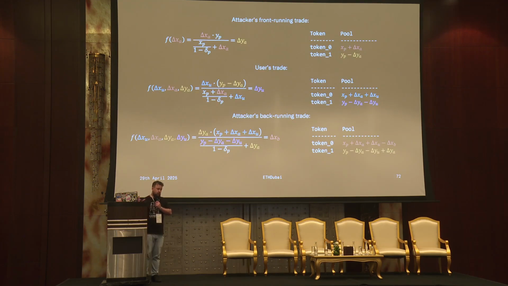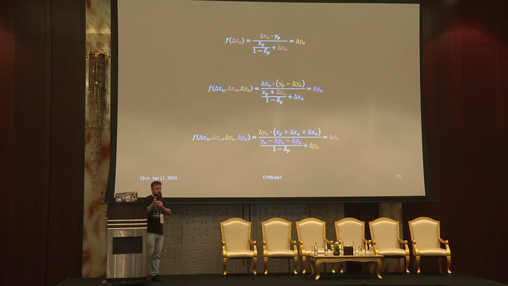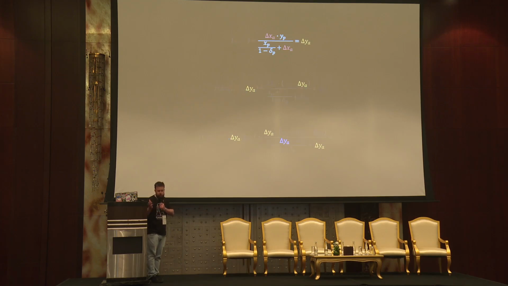Okay. So this is basically how you set up the equations. You know what the attacker's front-running trade should be in terms of its symbols, and I'm going to use the subscript A here to distinguish the user from the attacker, and remember the subscript P refers to the pool balance. So if we just take a look at whatever that trade is, let's say we don't know what it is